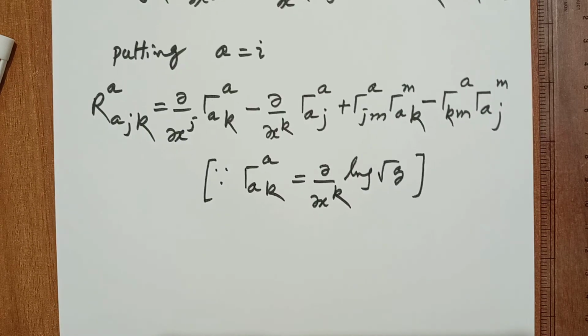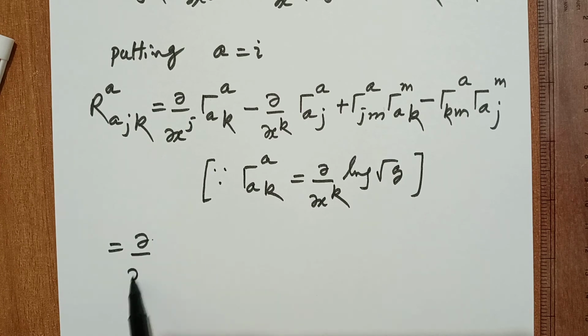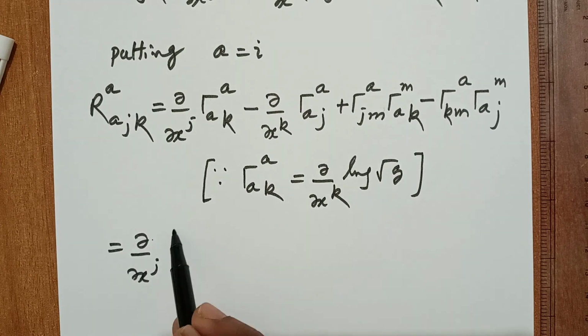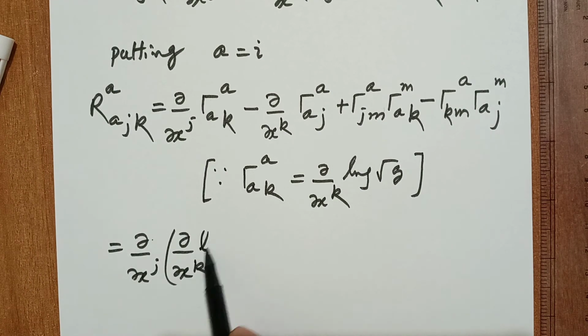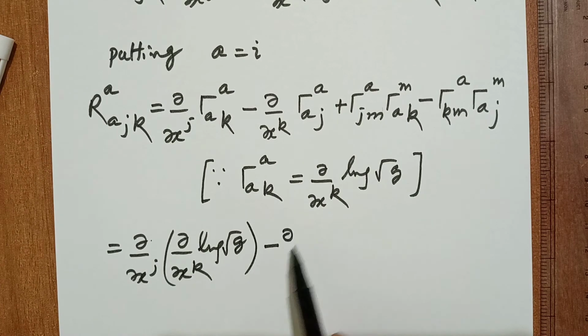So this is equal to ∂/∂x^j ∂/∂x^k log √g − ∂/∂x^k